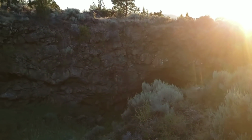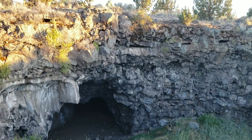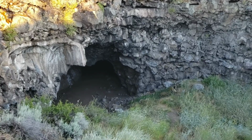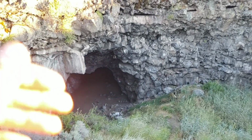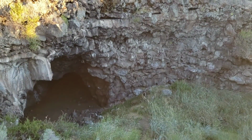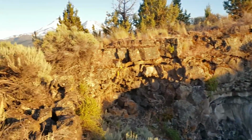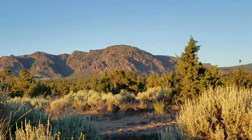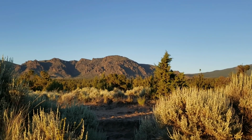But an interesting thing is John Muir wrote about camping in this very cave in 1888 and finding a bunch of bighorn sheep skeletons that presumably were left over from an indigenous camp. Indigenous people have been camping here and utilizing this cave for hundreds, if not thousands of years. And bighorn sheep used to be present in the area. In fact, that mountain over there was named for them,